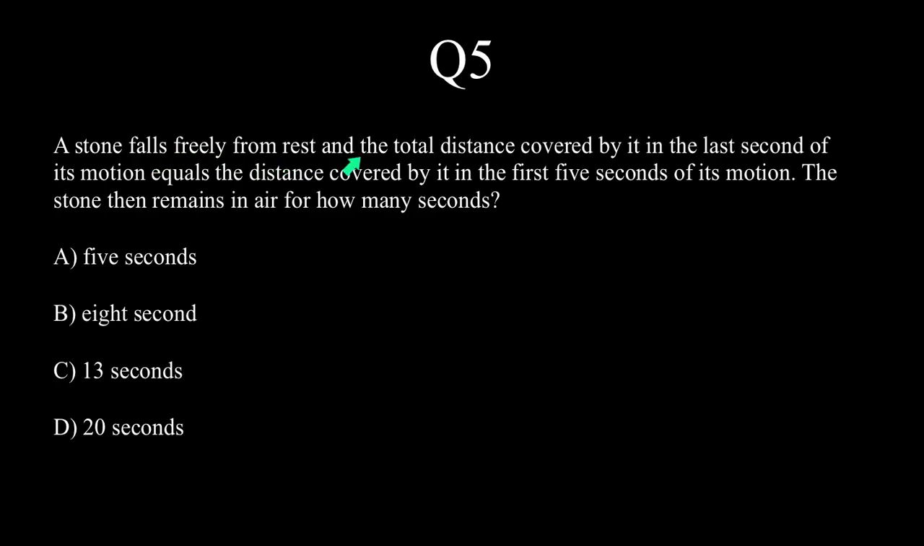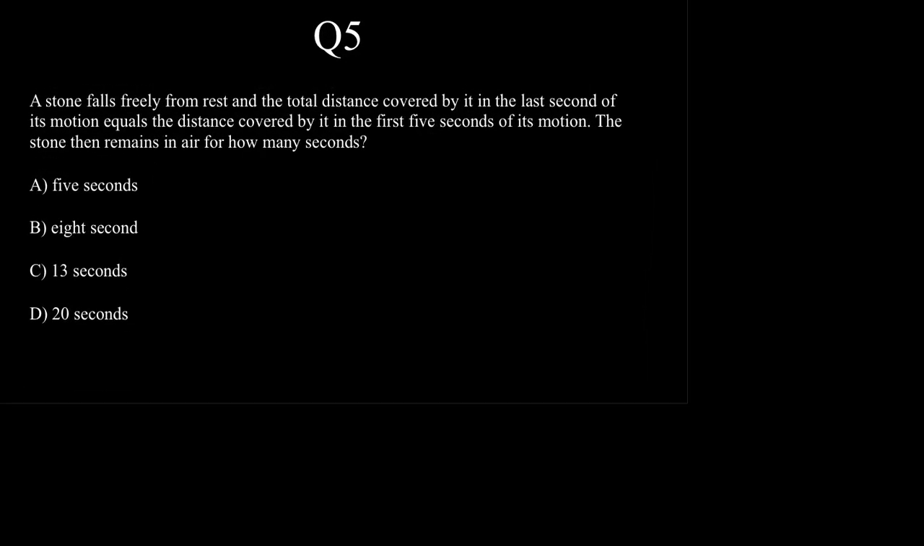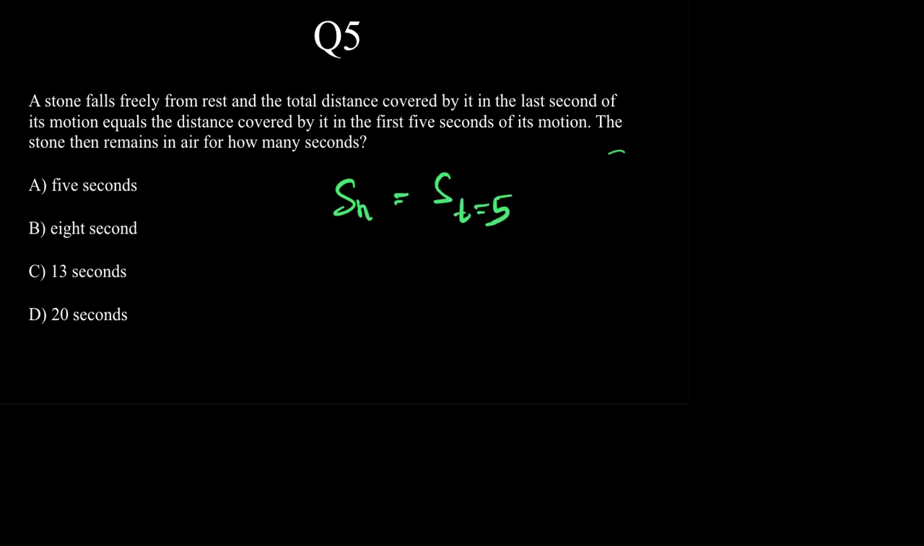A stone falls freely from rest, and the total distance covered by it in the last second of its motion equals the distance covered by it in the first 5 seconds. How many seconds? So again, a typical application of Sn, but this time it's not to find out the height, it's to find out the time of motion. So we'll start solving the question by writing the formula. What is given? Sn is equal to S at t is equal to 5. We can say that Sn is u plus a by 2 into 2n minus 1, which is equal to